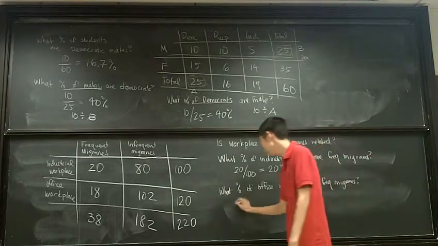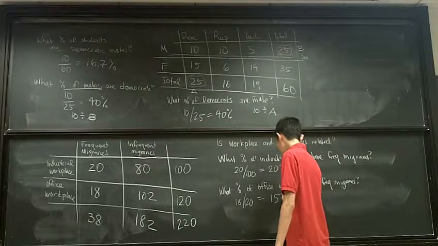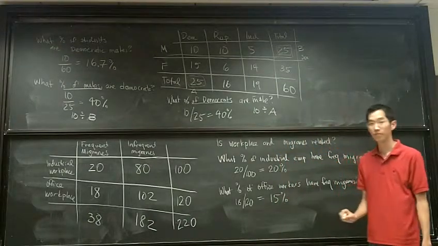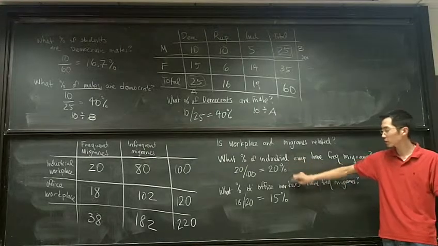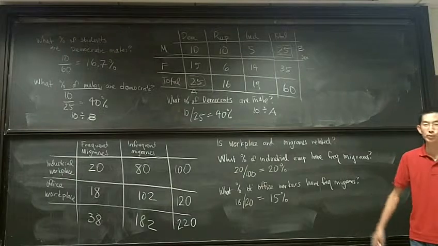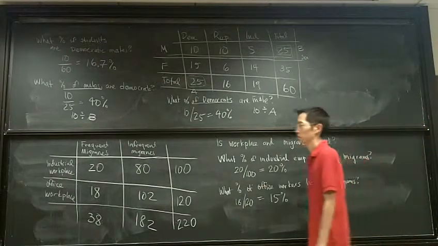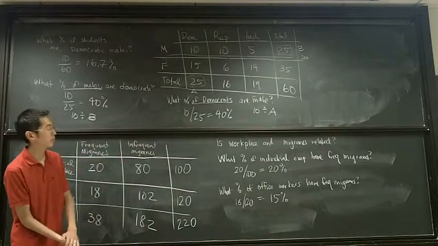And the answer to that is 18 over 120, 15%. Okay? Alright, so now we've got 20% versus 15%. What do we say with that? We could say it's probable that industrial. Maybe, okay,